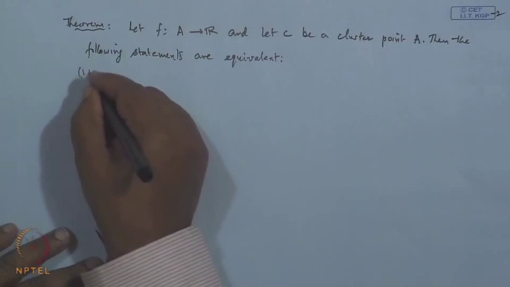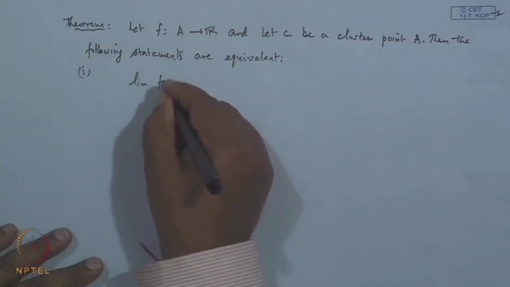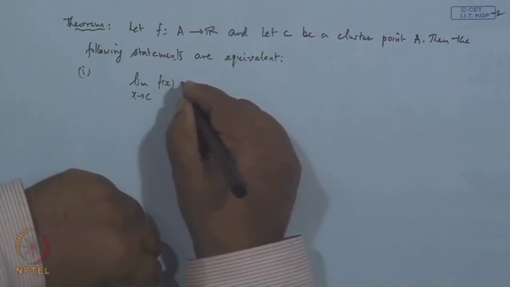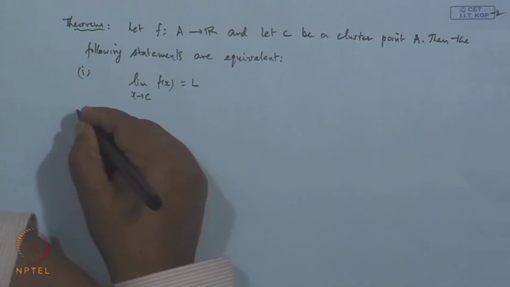The first statement is that the limit of the function f(x) when x tends to c is, say, L, and the second statement says